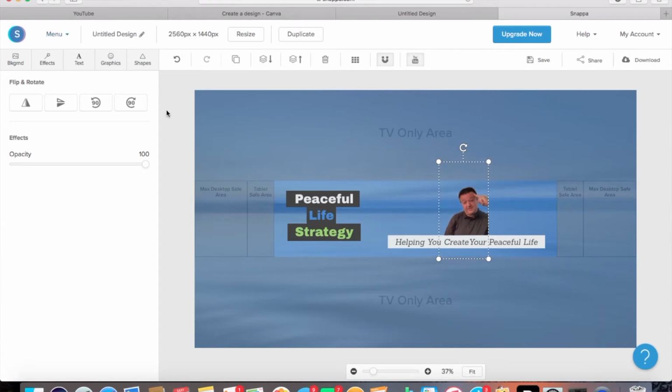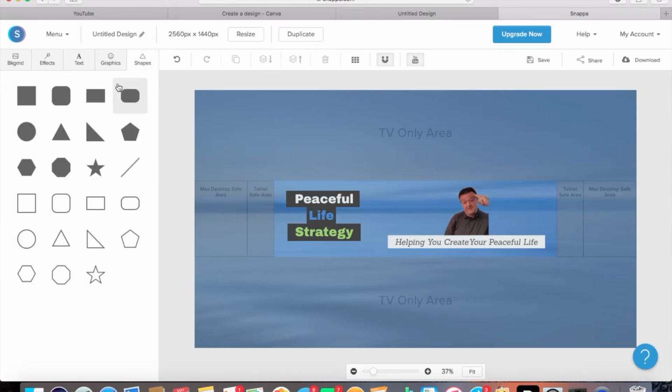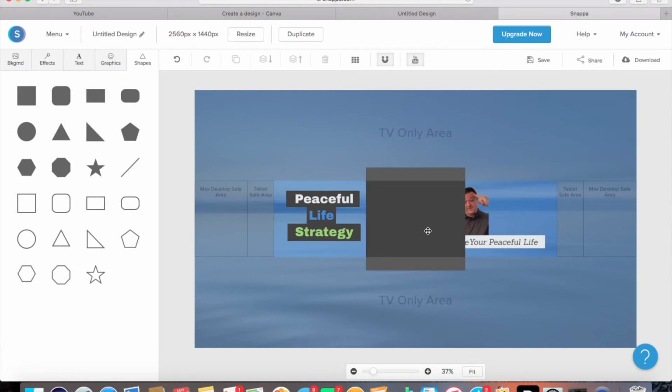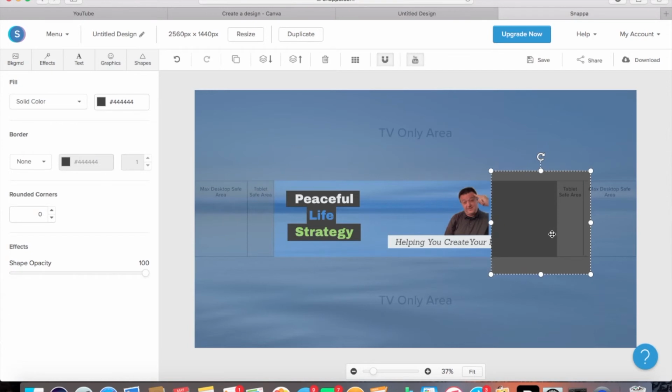And then we're going to put, that's of course got a transparent background on it. Then we're going to put another shape. We can put this square this time. Before we do that,